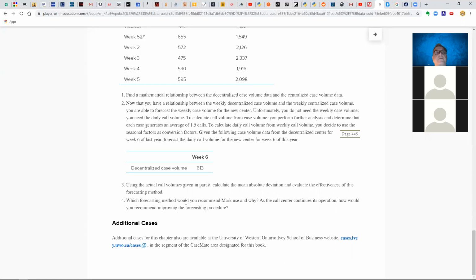You basically want to hear that the author substantiated their points. We can say, through this, we ran numbers that we were given by Mark, and we found that the mean average deviation for each of these techniques